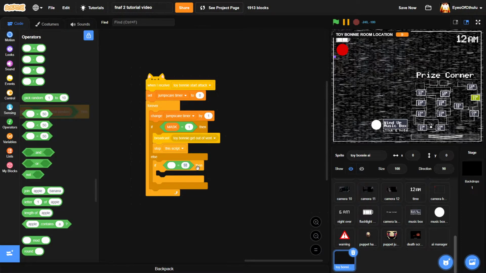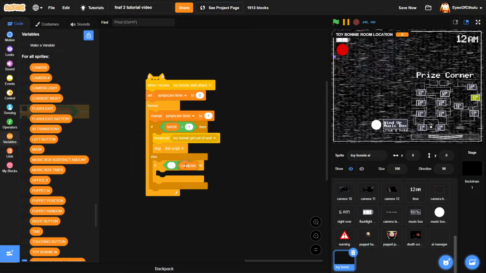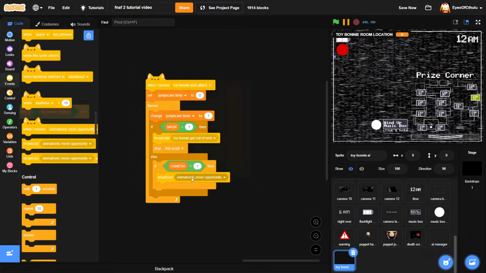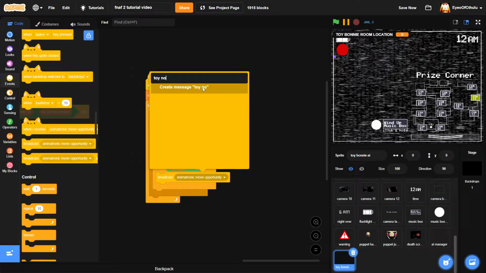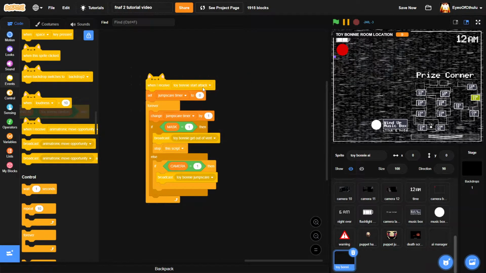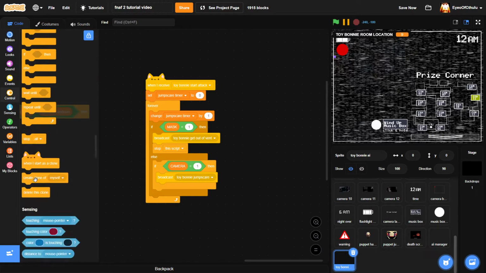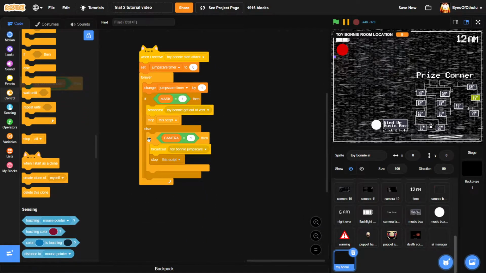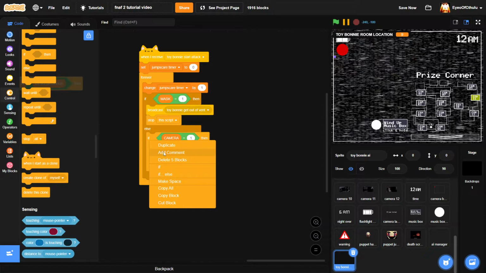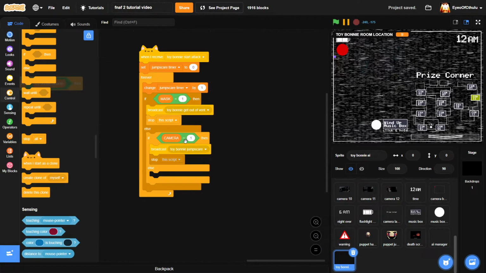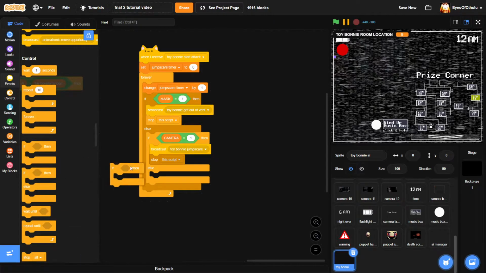else if camera is equal to 1, then we want to broadcast Toy Bonnie jump scare, and then we're going to stop this script. And then we're actually going to make this an if else. So if camera is equal to 1, then we're going to broadcast Toy Bonnie jump scare, stop this script, else if